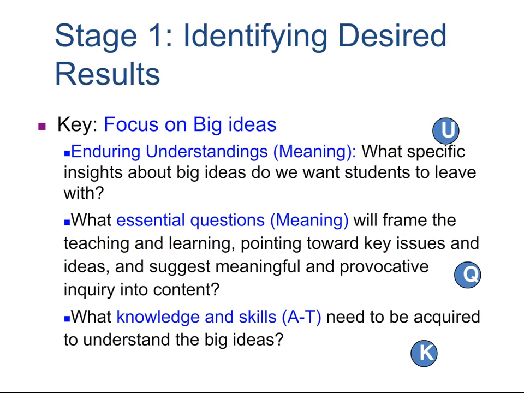And then the transfer skills, one or two skills, are the big skills for the unit. And those skills are what's going to signal, again, the performance task. So if we're talking about conflict and change again, and you want to have students at the end of a unit create a skit that reflects conflict and change in society, then our transfer goal might be something along the lines of students will be able to create and perform a piece that reflects their understanding of conflict and change. And so that's how all three of those fit together.